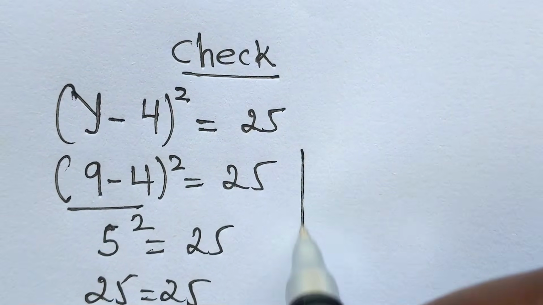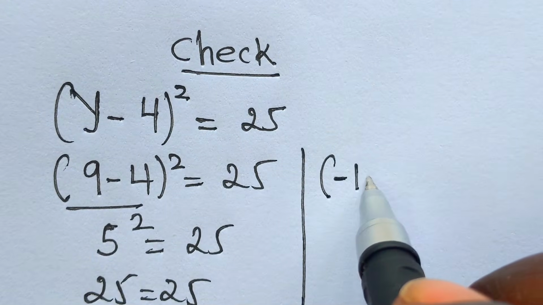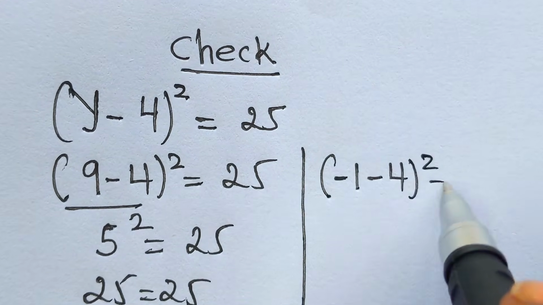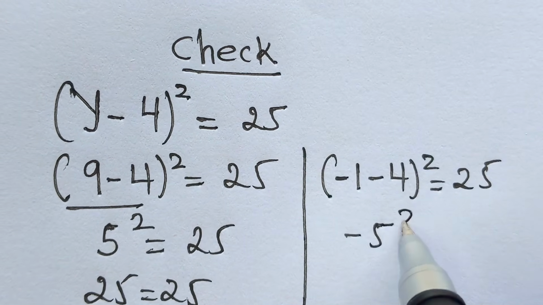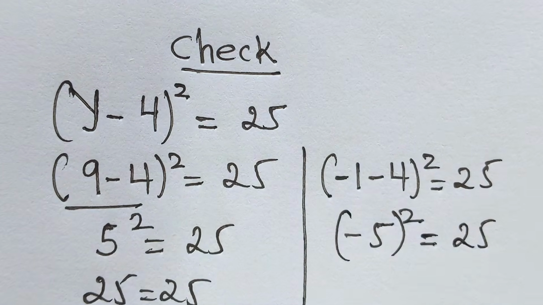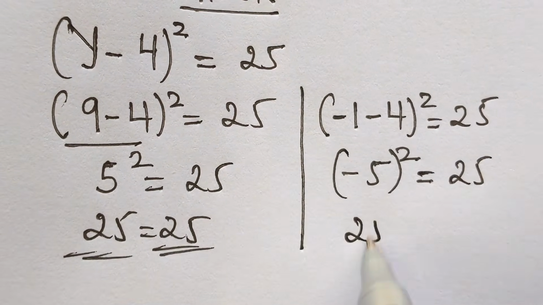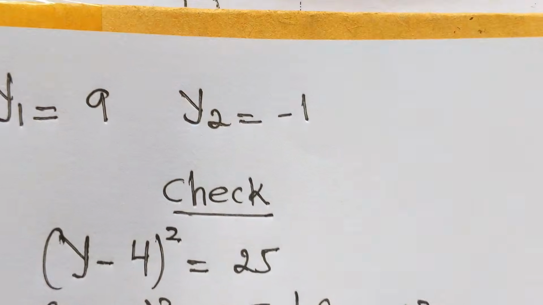Then at this stage, what do we have? We have (-1 - 4)^2 = 25, and this will be (-5)^2, which is equal to 25. Then 25 is equal to 25. Then our values